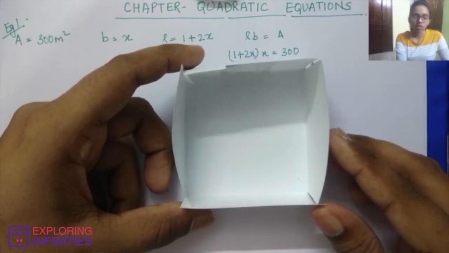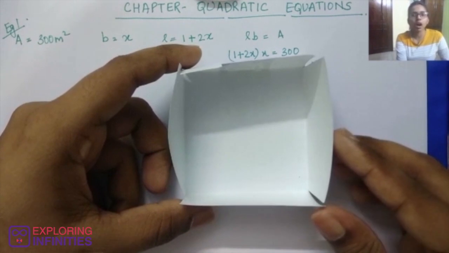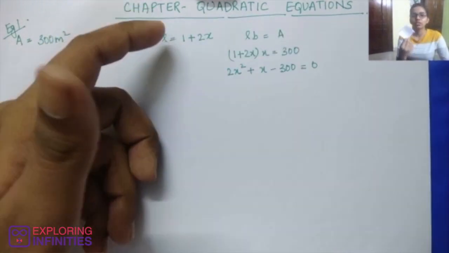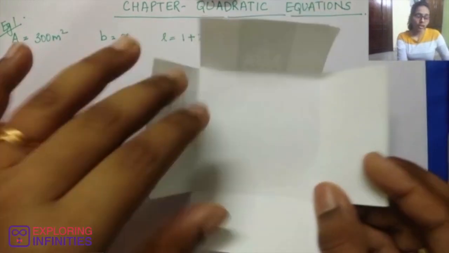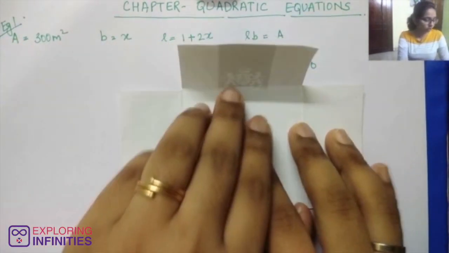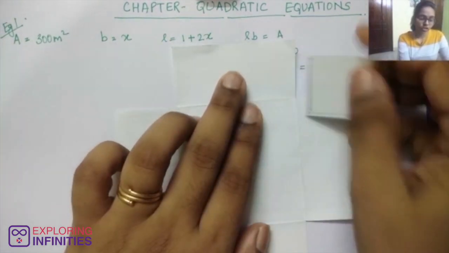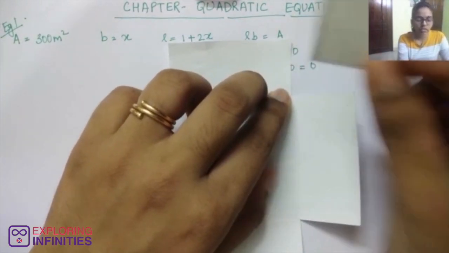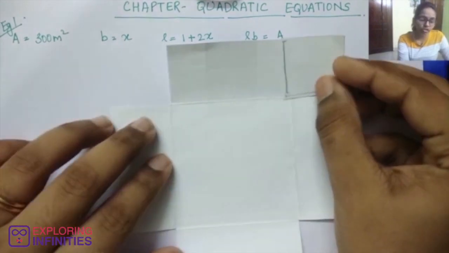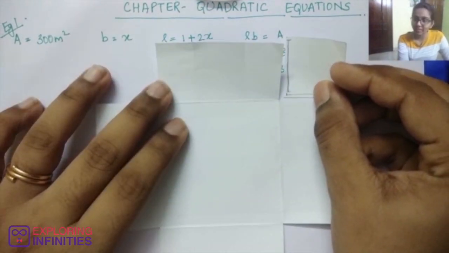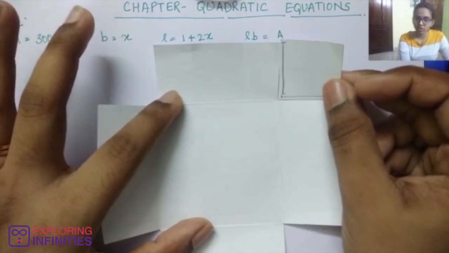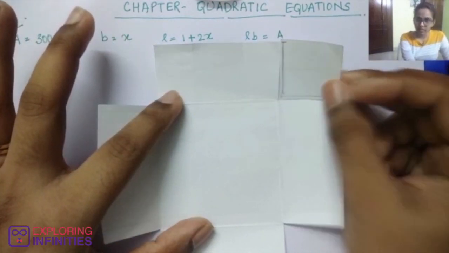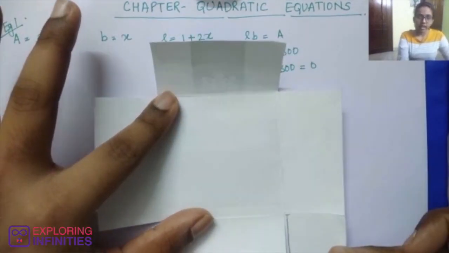Now you asked your granny how exactly she made this particular box for you. She told you that she actually had this metal sheet with her, but she cut out such small squares from each side of this square metal sheet. So she cut out squares from this side, from this side, from this side, and from this side.